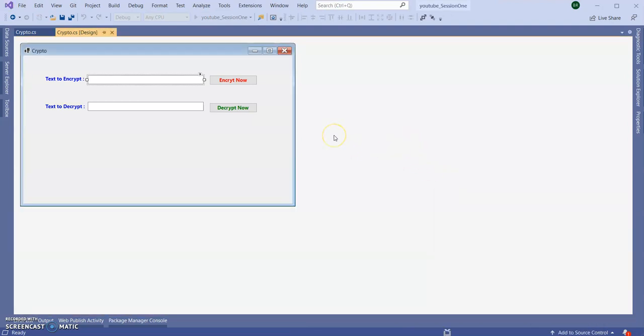It's the first time I'm running, so it may take a few minutes to run. Once I click on the encrypt button, it will show the encrypted data inside this text box.